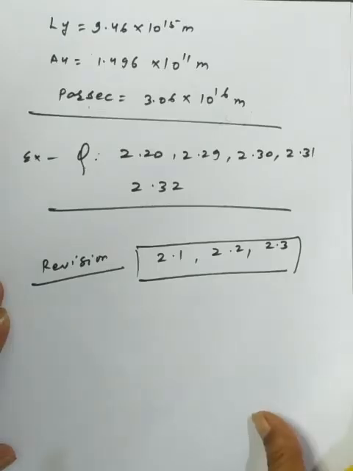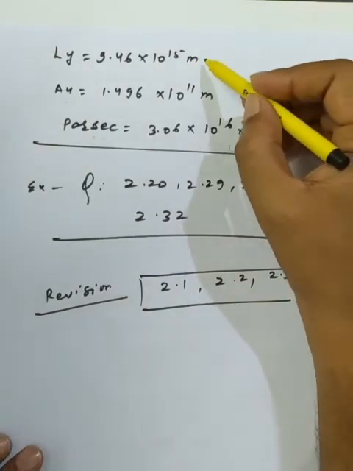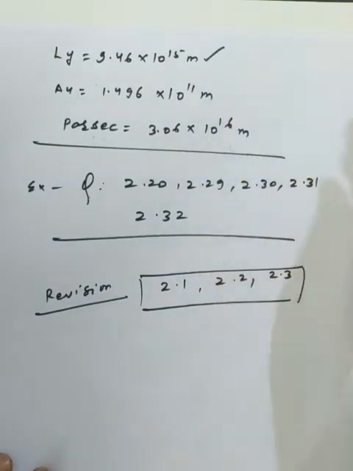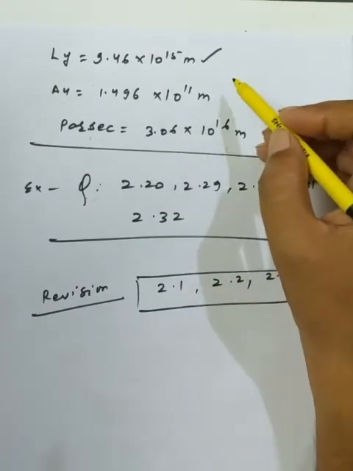Now dear students, besides these general abbreviations, we have to use some terms also, such as the meaning of the light year. At that time we discussed that it is the distance traveled by light in a particular year.